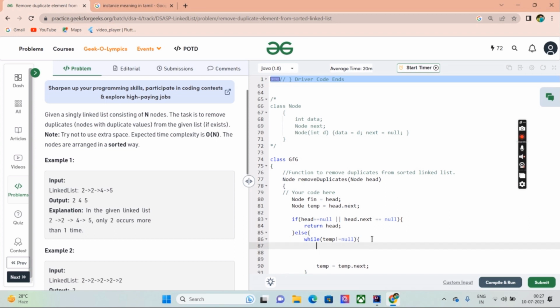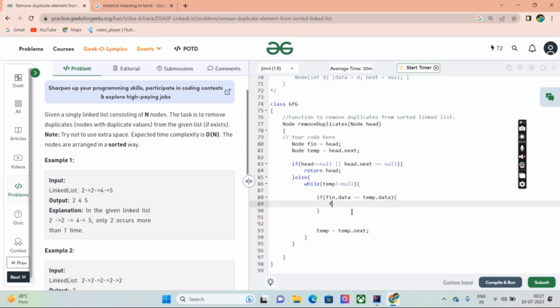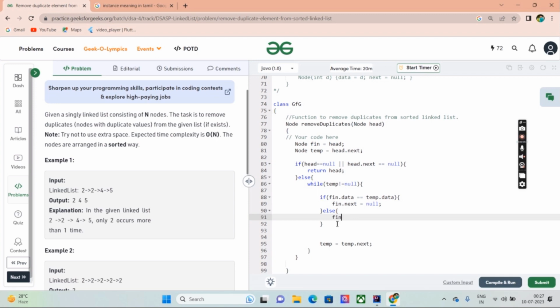And then I'm going to check whether fin dot data is equal to tin dot data, then fin dot next equal to null. Else